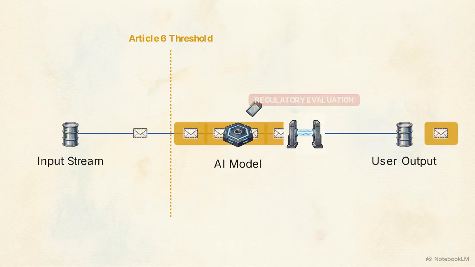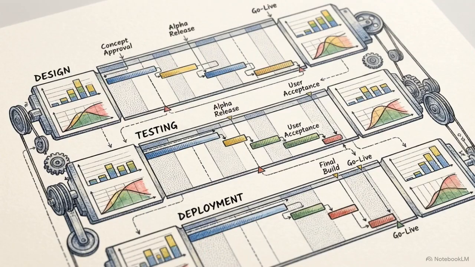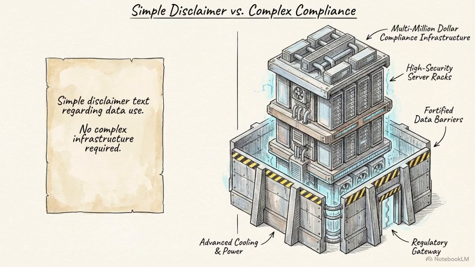When a model crosses this threshold, deployment pauses. The system undergoes a formal evaluation against safety and fundamental rights criteria. This classification dictates the entire development roadmap, determining whether a project requires a simple disclaimer or a multi-million-dollar compliance infrastructure. While Article 6 provides the criteria for risk, Annex 3 provides the definitive list of use cases that trigger the